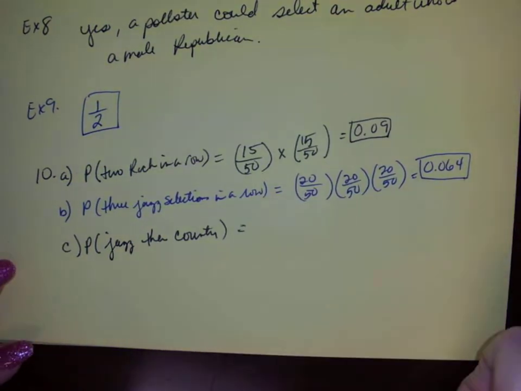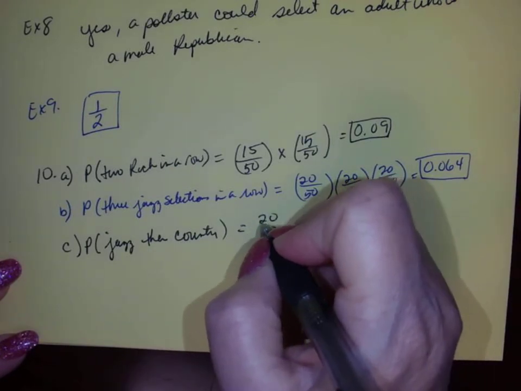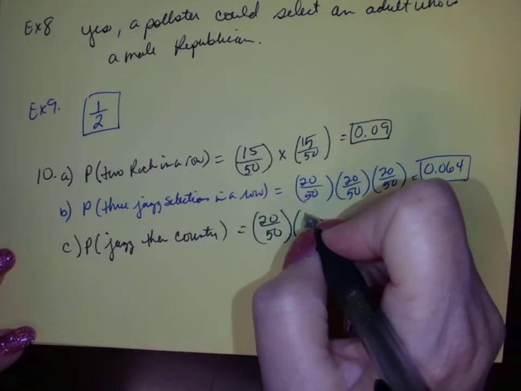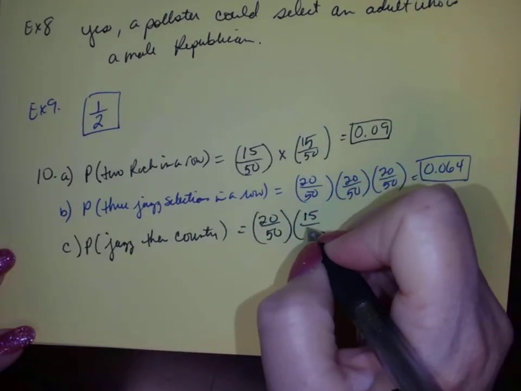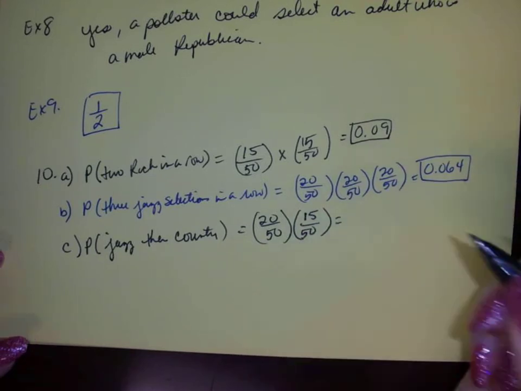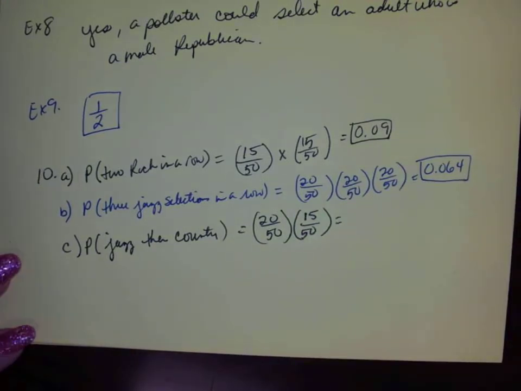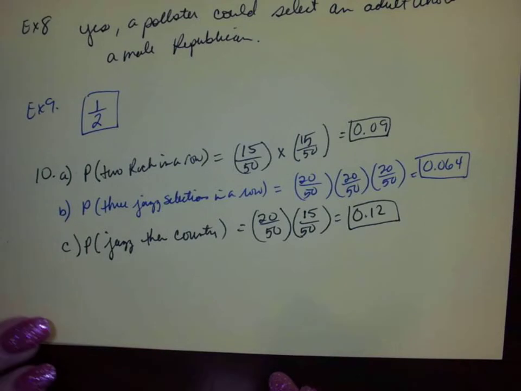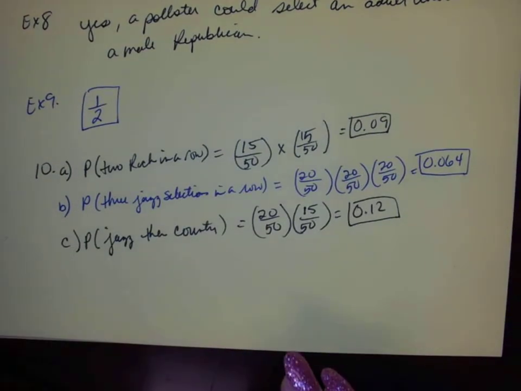So this will be equal to the jazz of 20 over 50 times the country, which is 15 out of 50. And if we multiply that in our calculator, we will get 0.12. Now part D